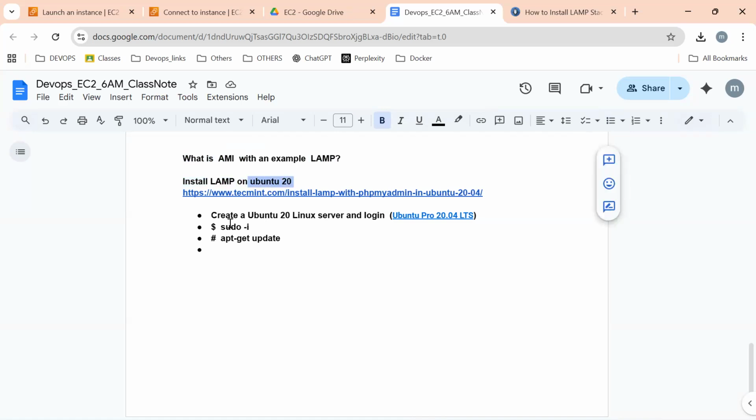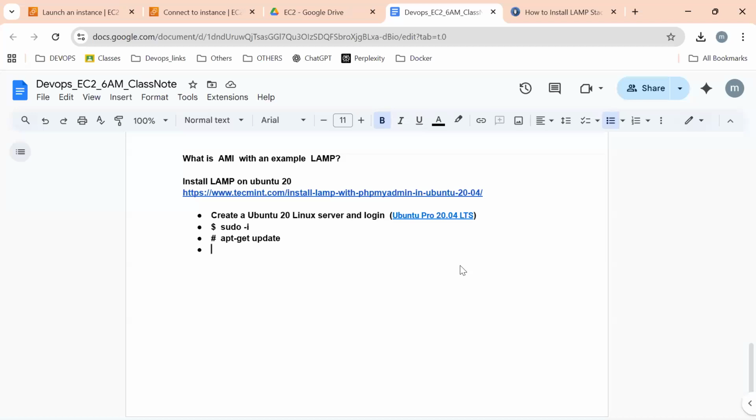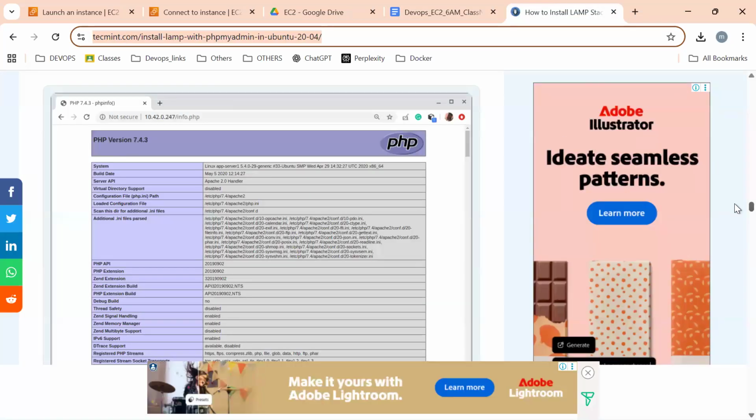Very good. Then which are all the steps we need to follow, which document we need to follow? Google it or ChatGPT. We can go for ChatGPT and ask ChatGPT also. So install LAMP on Ubuntu 20. Then you will get the steps, and you need to cross check and make it your own document. Don't believe anything on Google or ChatGPT. Believe in your document, believe in your commands only. Okay. So in my case, please go through this.